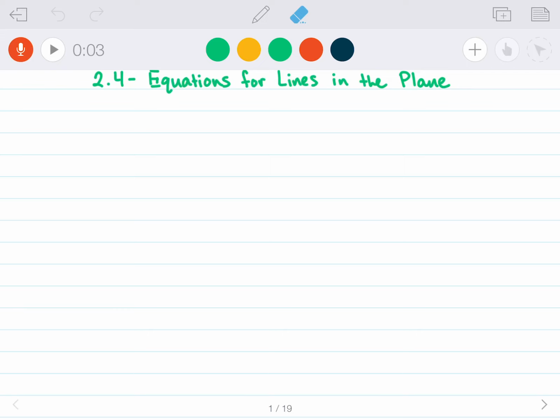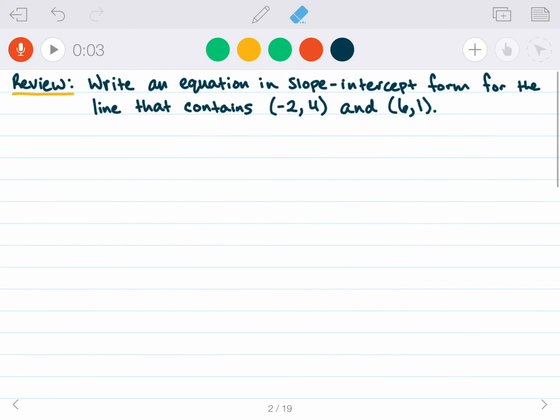Hey guys, in this video we're going to talk about Chapter 2, Section 4, Equations for Lines in the Plane. So let's go ahead and do a little bit of a review problem. We're going to write an equation in slope-intercept form for the line that contains the points (-2, 4) and (6, 1). So all we need to define a line is